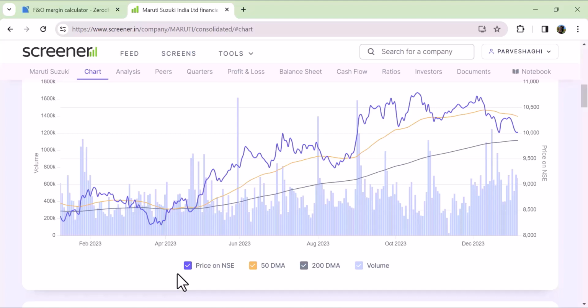As long as it remains so, even though Maruti has corrected, the 50-day moving average is still above the 200-day moving average. That means the long-term trend is still intact. But the story can be different if you see the 10-day and 30-day moving average. Maybe the 10-day moving average has dipped below the 30-day average. The short-term trend of Maruti is down, and we can go to more precise charts where all these averages can be known. Okay, just hold on.